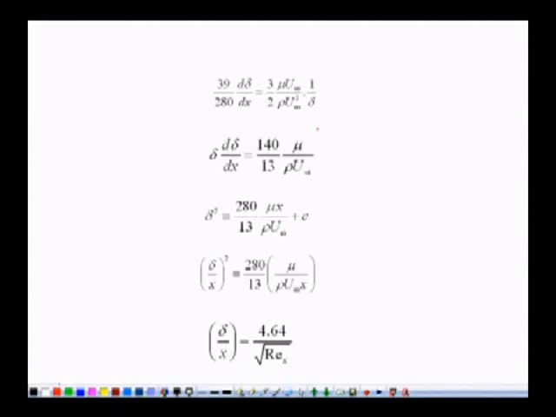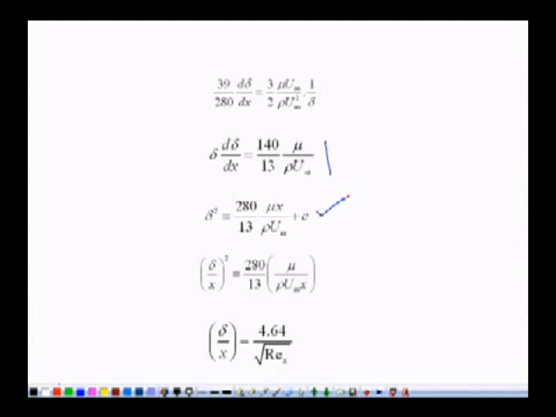So we have this equation, delta d delta over dx is equal to 140 divided by 13 mu divided by rho u infinity. Now integrate this equation, we will get delta, because delta is a variable here, delta is a function of x. So delta square is equal to 280 divided by 13, because it will become delta square divided by 2, this 2 will go here and this will be 280 divided by 13 mu x divided by rho u infinity plus some